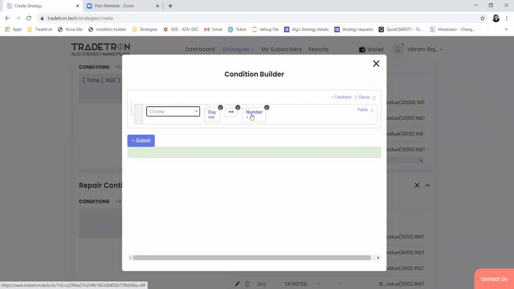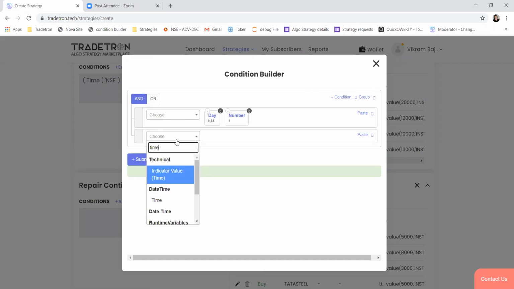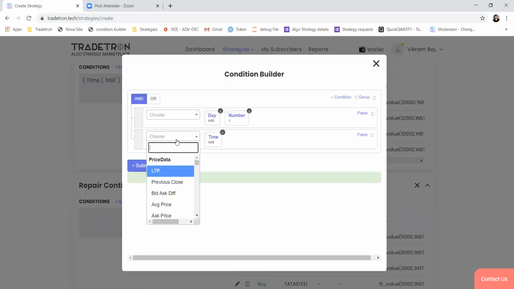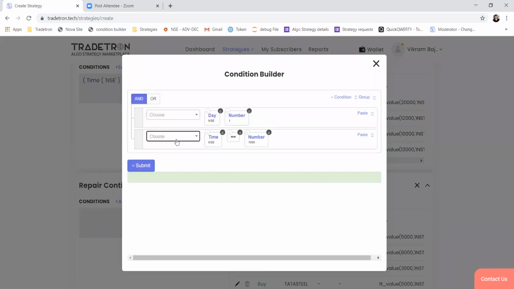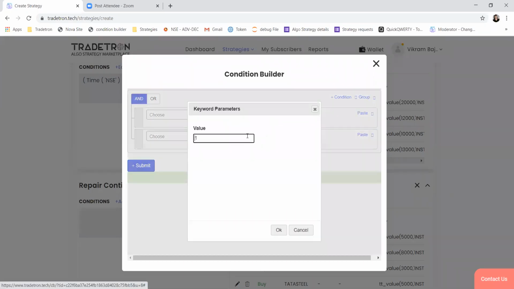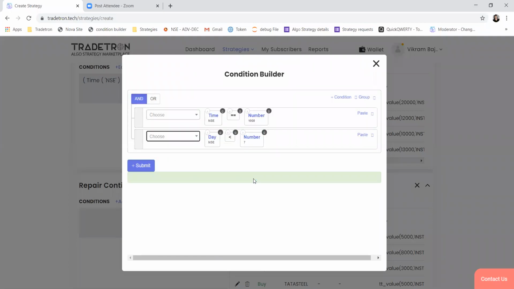But let's try to build it through some conditions or some logic which can ensure it trades on the first trading session of the month. So our first condition will be time based, because we want to trade at 10 a.m., so that will be fixed. So this will be the first condition. And the second condition will be, we will check the date should be less than 7. So it is in the first week. So whenever there is a trading session, it should take a trade.